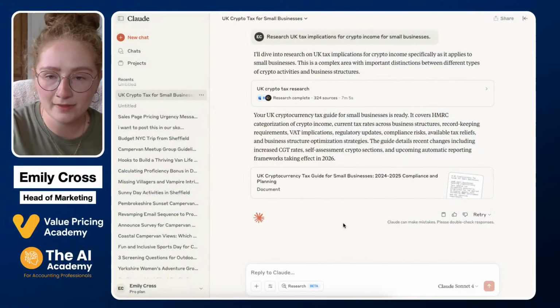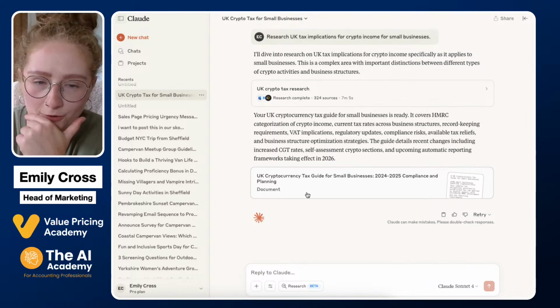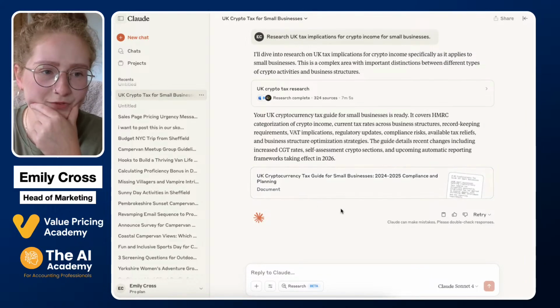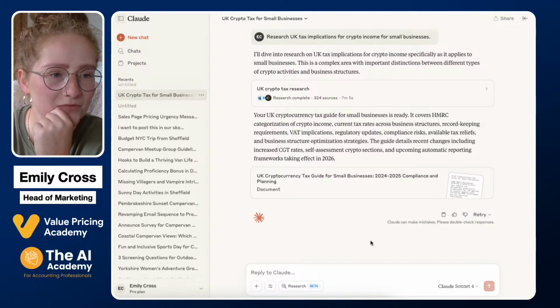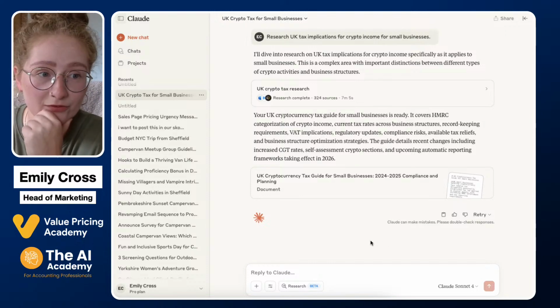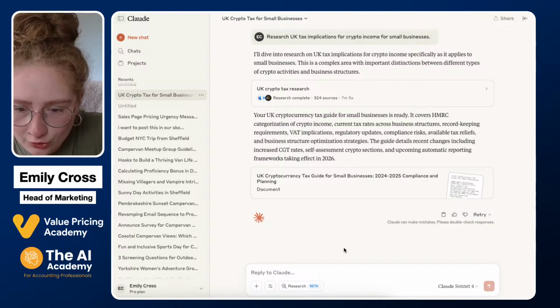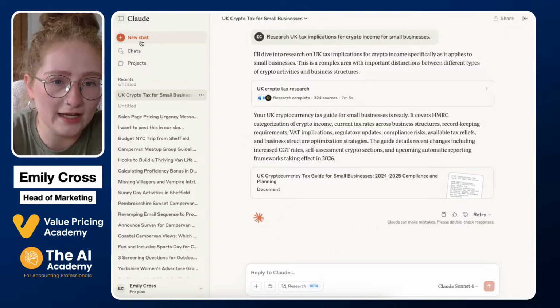So let's go into Claude then, and I'm going to show you where this is, and just how to access that. So let me just bring that up. Hopefully that's big enough on the screen for you guys. The wording maybe is a little bit blurry, but I can possibly zoom in if you want me to zoom in. So if we go to a new chat,